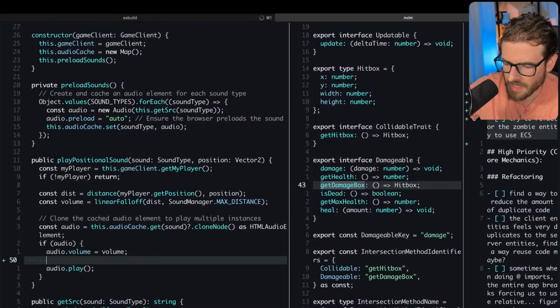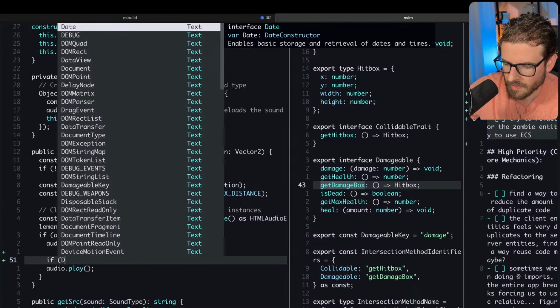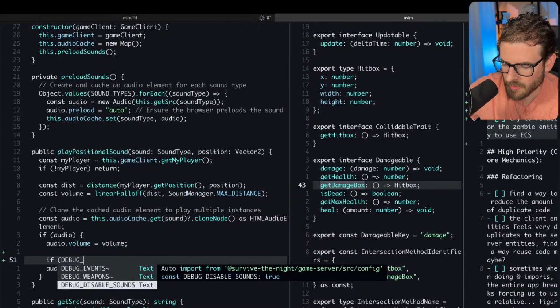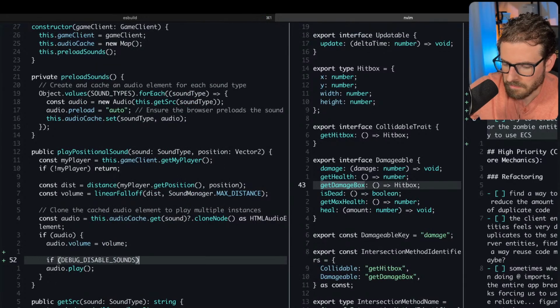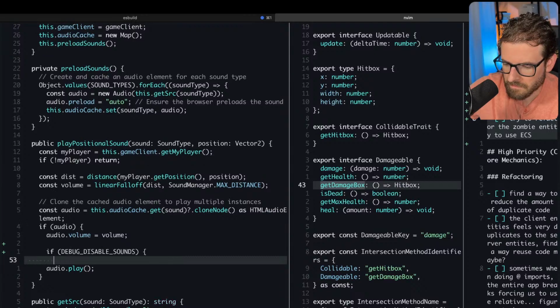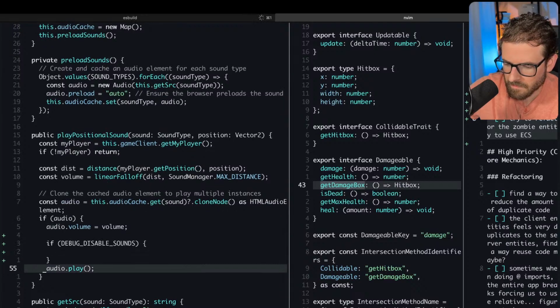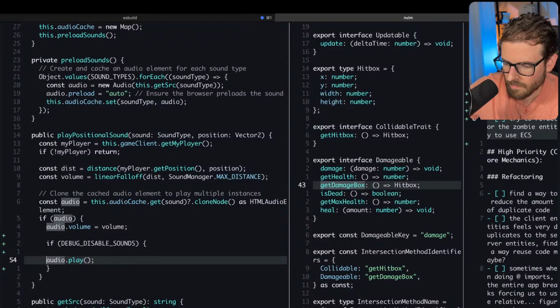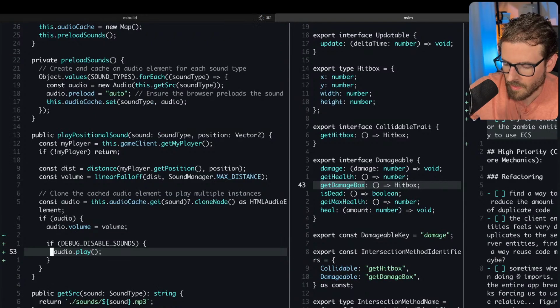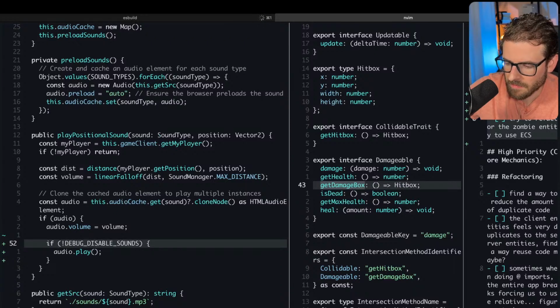We could just, if debug disable sounds. Yeah, so should I do that?